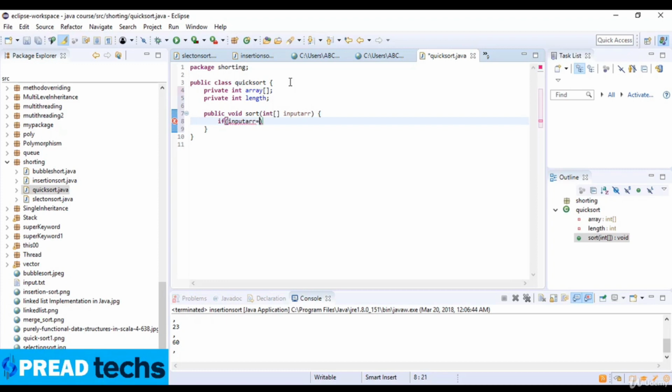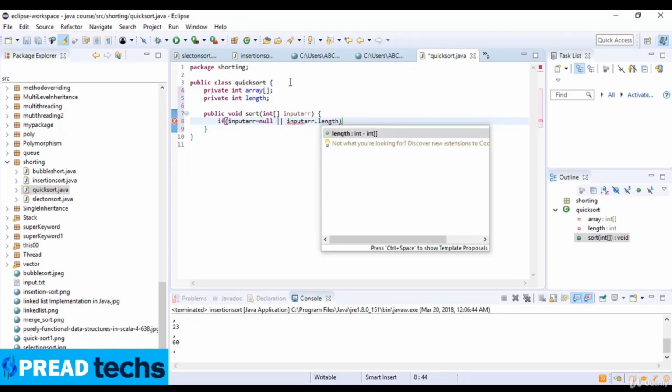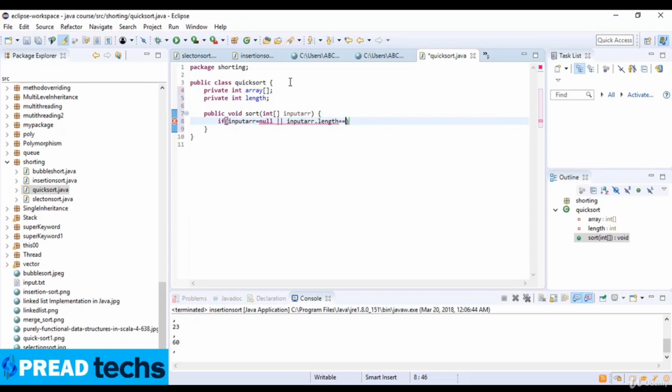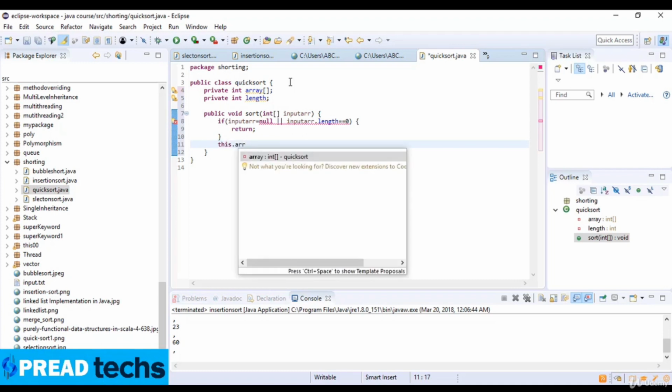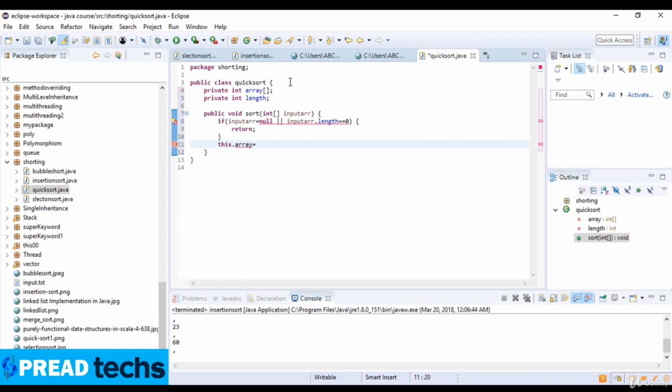Now if input array is equal to null, sorry, it's null, or, and it is the OR operator, input array dot length, okay, which is equal to 0, and it will return us the value, and afterwards